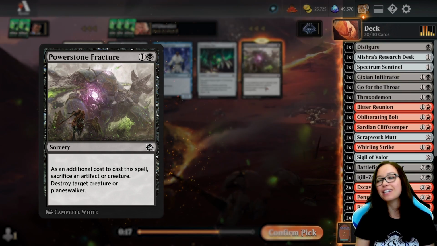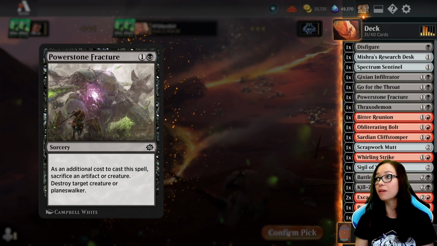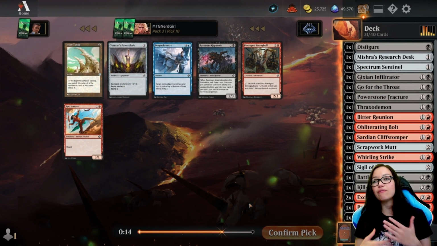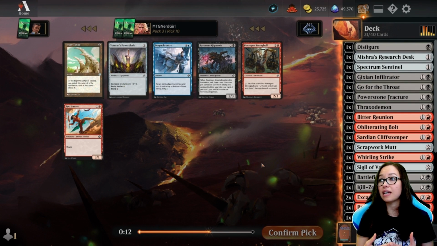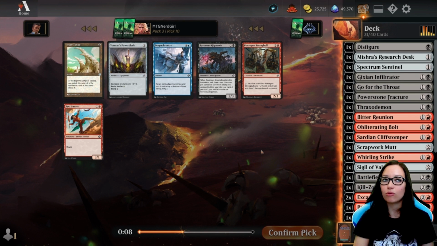Flowstone Fracture would be a great card to pick up when you have cards like Scrapwork Mutt and a few others that we've gotten in the last few picks. So thankfully it feels like the deck is starting to come together. We could take another Strong Bull. Rock Hunter is a 2-drop I'm willing to play if I'm a little on the desperate side, but I think